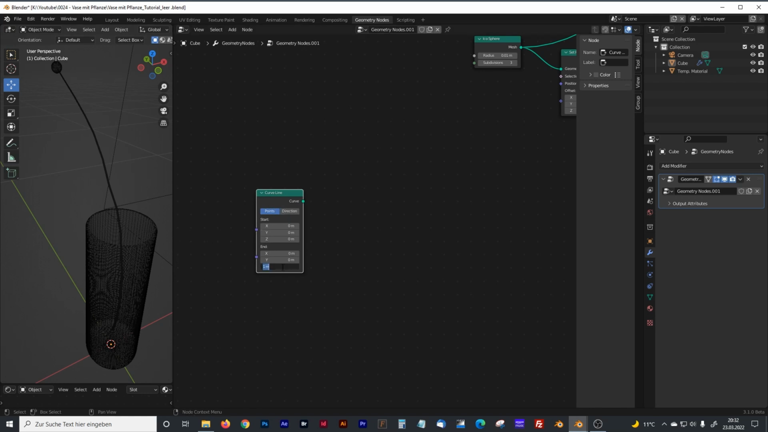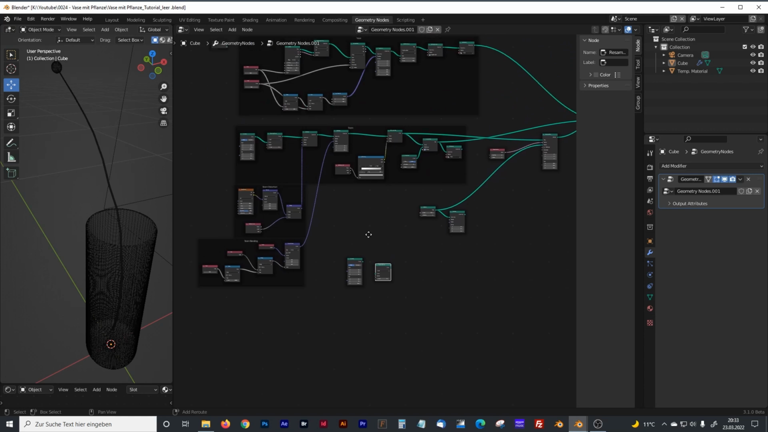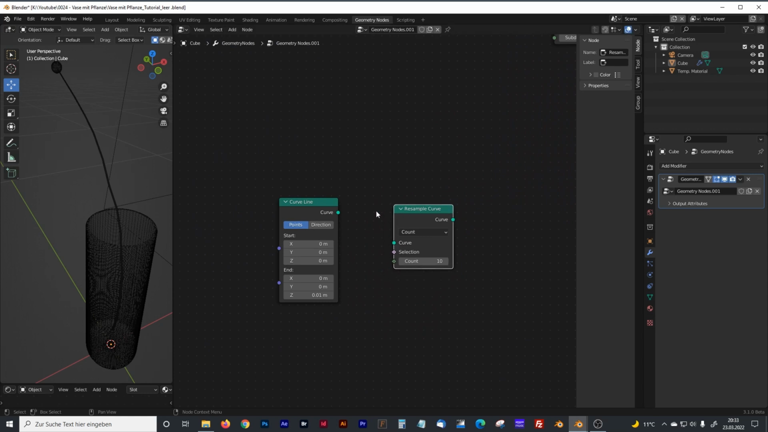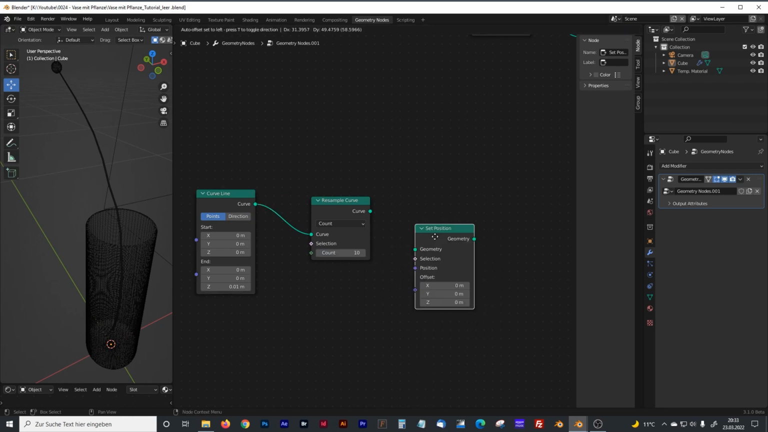And because we are working in real world measurements, again, it's a very small curve, 0.01. And now we bend it exactly the same like we bended our stem. Therefore, we will need a resample curve node. I will do that a little bit quicker than the rest, because it's just copy and paste the stem node. To connect the curve, and we'll set it to 10, that is enough. We will need a set position node,